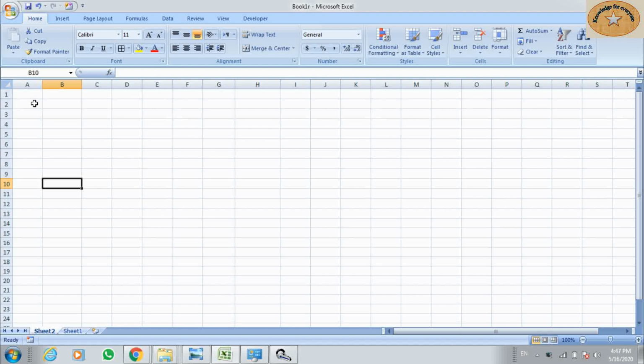Today we are discussing the VLOOKUP formula. VLOOKUP formula, how to use it in Excel. By this example we are going to show you how to use the VLOOKUP formula in Excel. This is a very handy formula to use, compare, and bring our data. बहुत ही आसान है। चलिए आइए